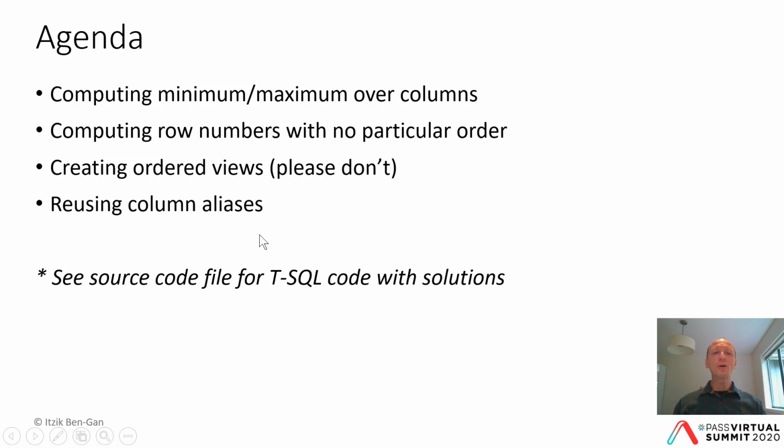And finally, we will conclude with a missing capability, not specifically in T-SQL, but generally in SQL, the standard language. When you define column aliases, say in the query's SELECT clause, and you attempt to use them in clauses like WHERE, GROUP BY, HAVING, and so on, this is something that the language doesn't support. So here I'll explain why it doesn't support this option. There's a very good reason for this limitation, but then we will have a look at workarounds for this.